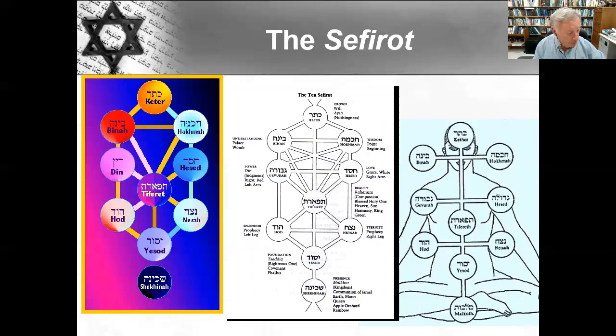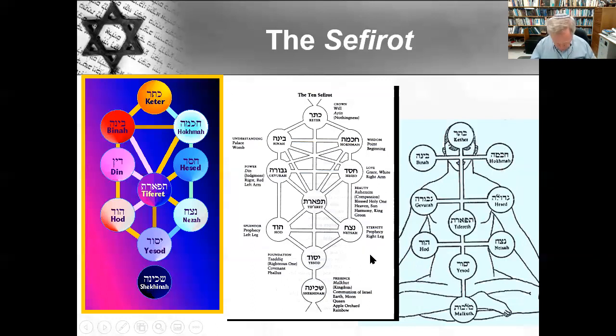So the reason I mention the Sefirot here is you almost can't get around Kabbalistic texts and Kabbalistic books without seeing this image. So if nothing else, you should be familiar with this tenfold image of the nature of God. And on this side of the page, you can see the origin of the structure has to do with something like the structure of people. Right side, left side. At the top is Keter, which means crown, so it's something to do with the head. There's a right side, there's a left side.